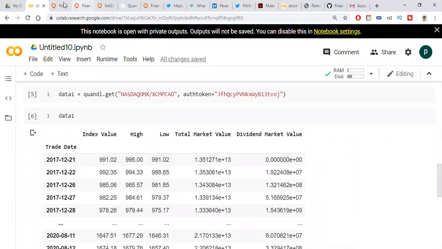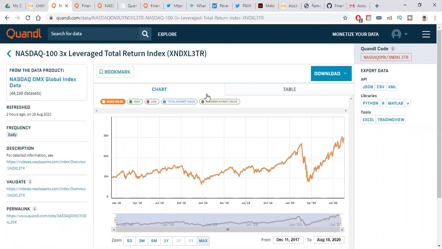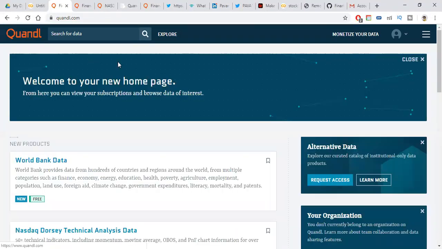In this website, if you want free data, you can get free data. Whichever data sets are freely available, we can get those data sets only, friends. If you want paid data sets, you need to pay for them. You need to go to a premium account. It has data sets from different countries, European countries and others. In this website, only financial data will be available, friends, and it is structured data.